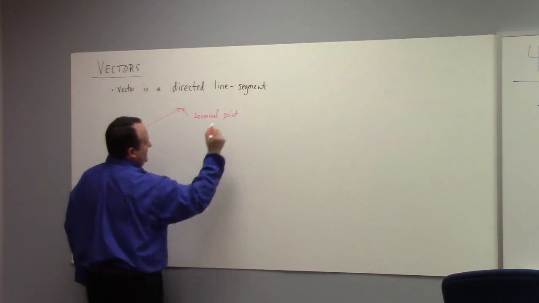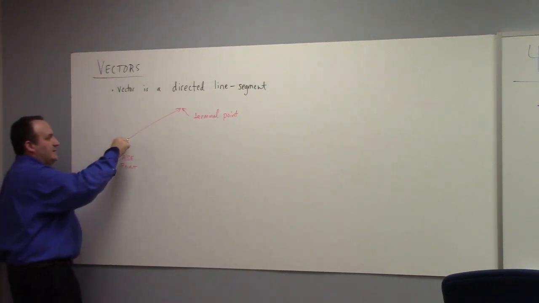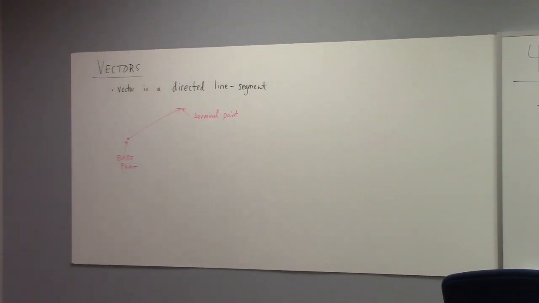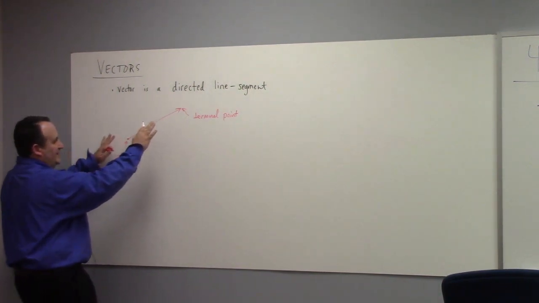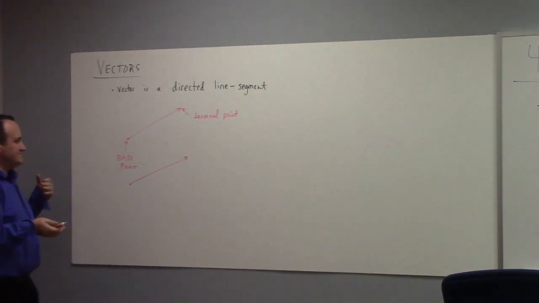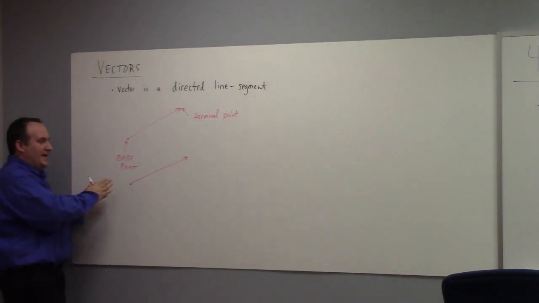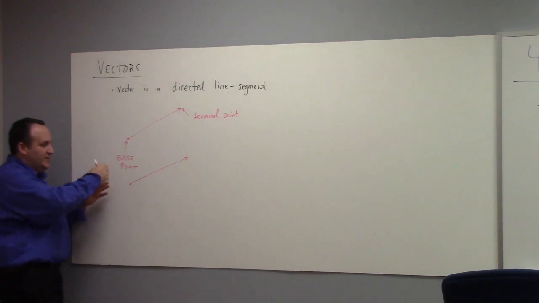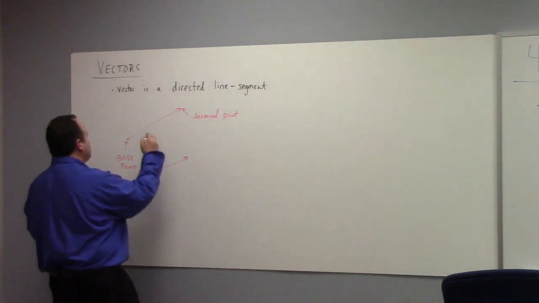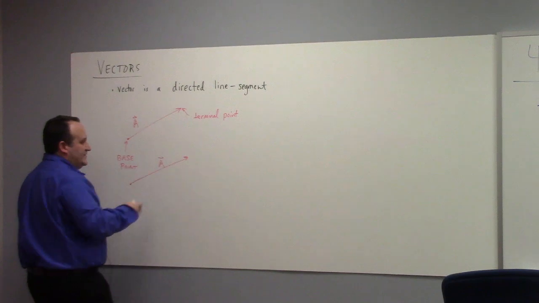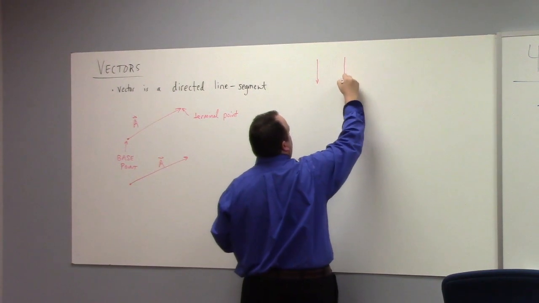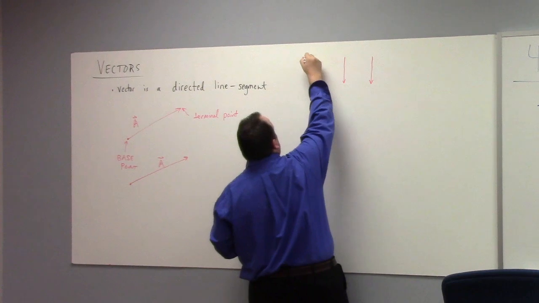I don't usually talk too much about the base and terminal points, but I will just say this. In here, we like to think about being able to move vectors freely around. The first kind of weird thing is we say that these are the same vectors in the sense that we identify them if they have the same magnitude and direction. If you move the base point but still make the extension of the vector the same, we consider it to be the same vector, right? So I could say this is vector A, this is vector A. We consider those to be the same vector. Here's another example that's a little bit easier to see. So this vector, and this vector, and this vector, these would all be